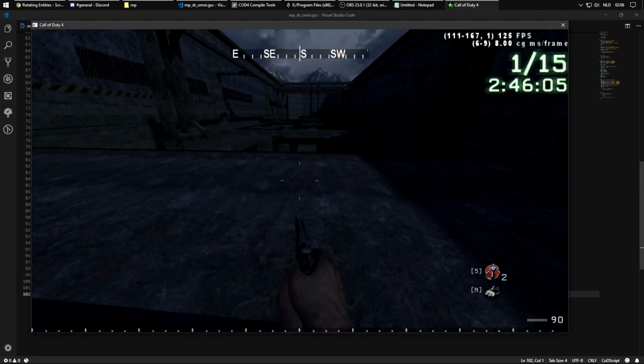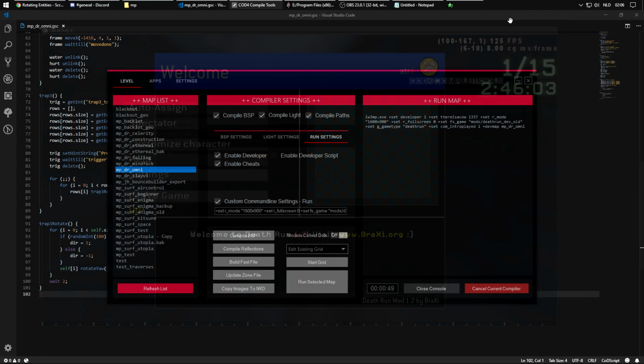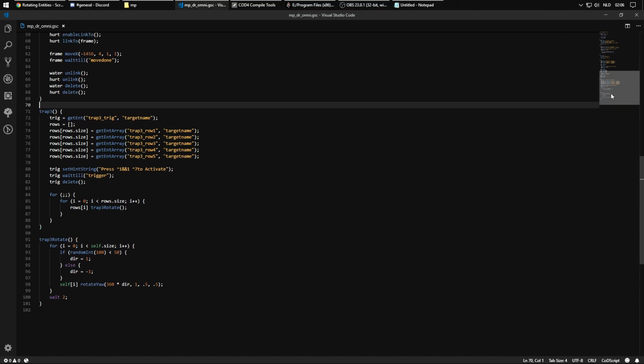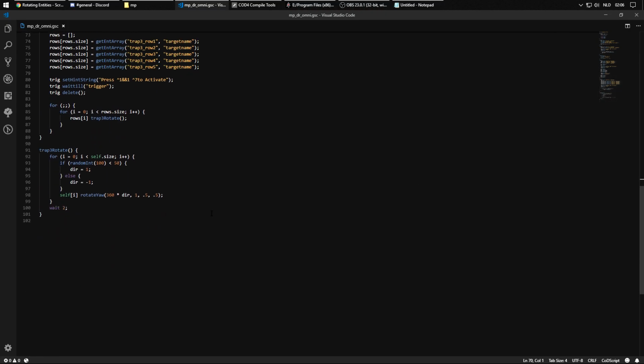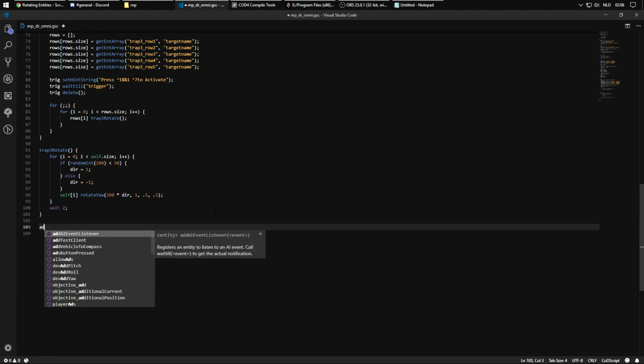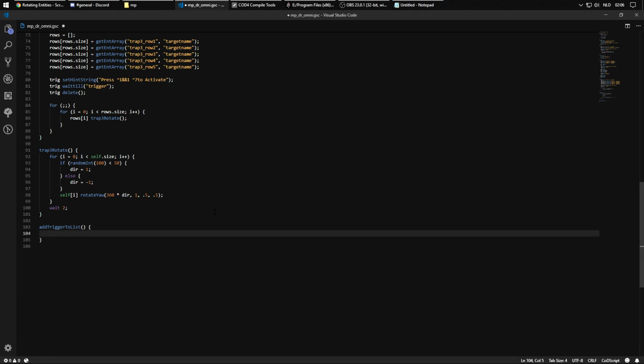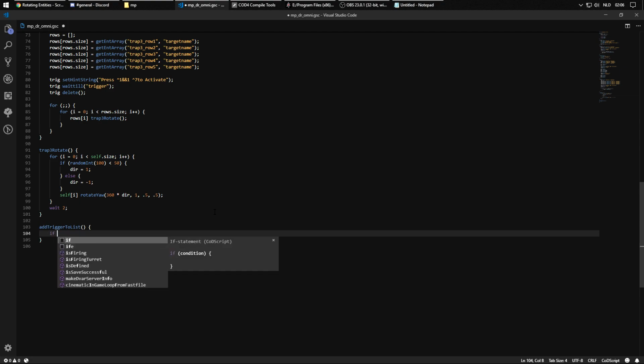So, now that we've done that, we probably want to get the player to get some XP when he's activating traps. To do that, we're going to write an add trigger to list function. It's a fairly simple function. There's two parts it's going to consist of. First, we're going to